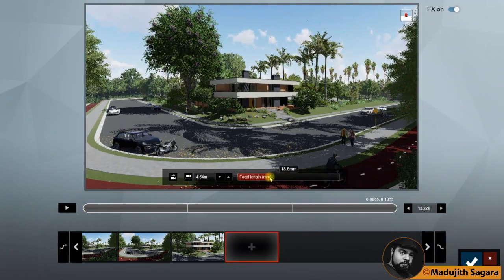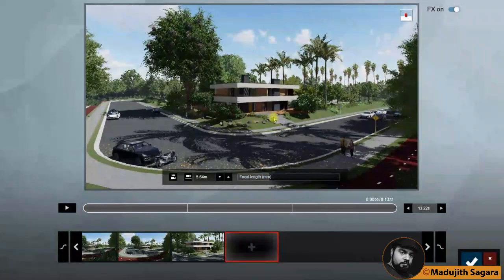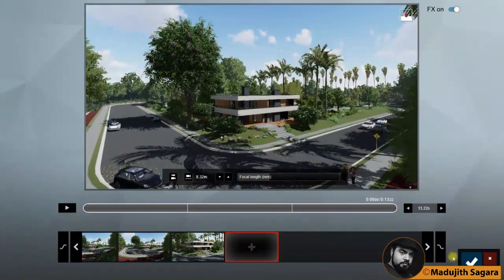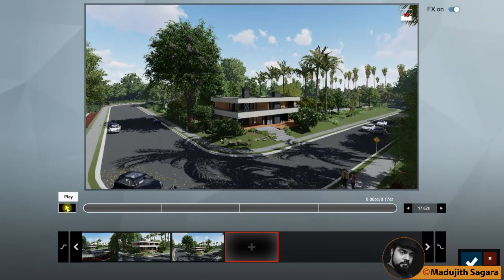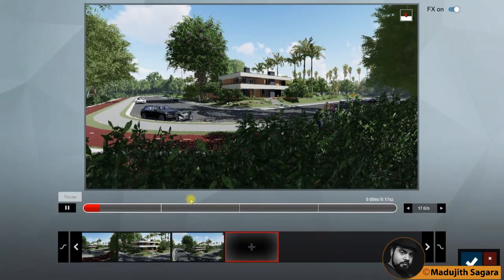I'm doing some effects. Okay, now play it and see the beauty.